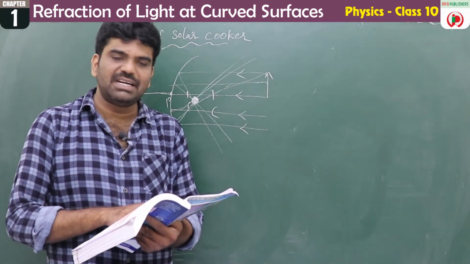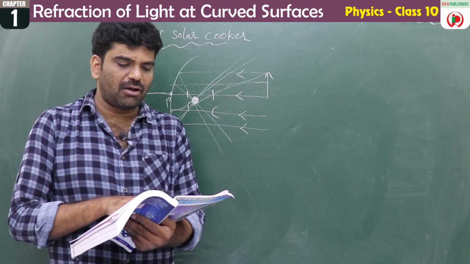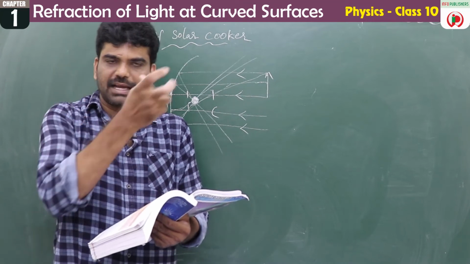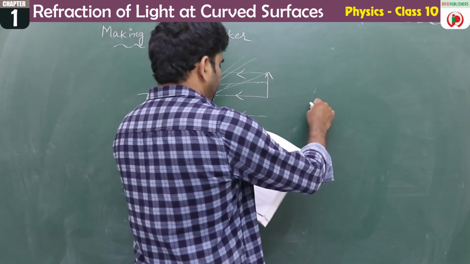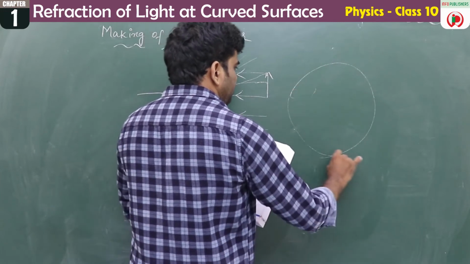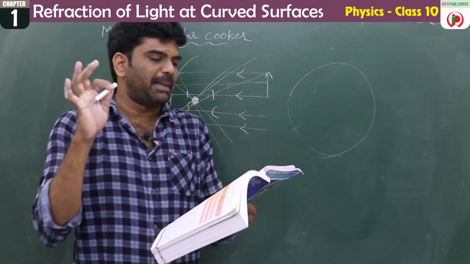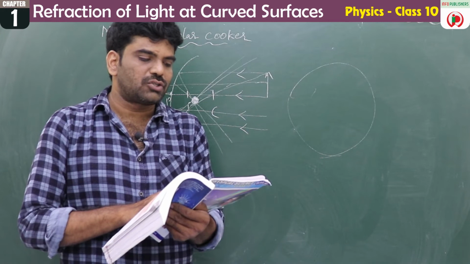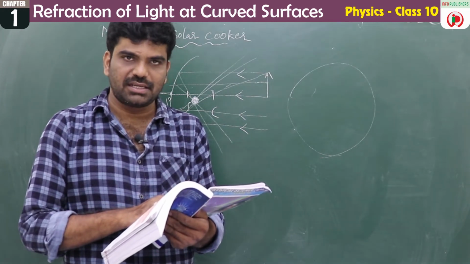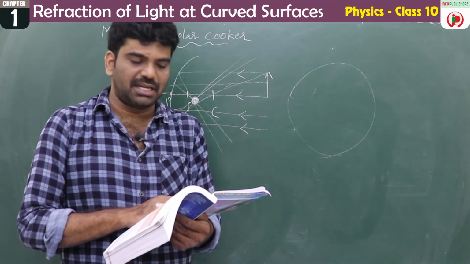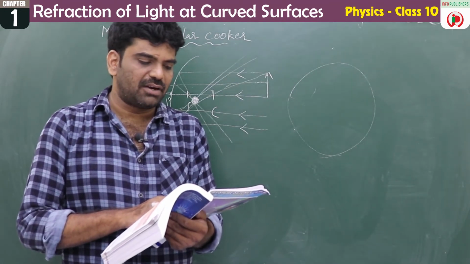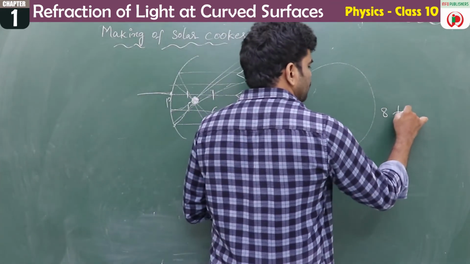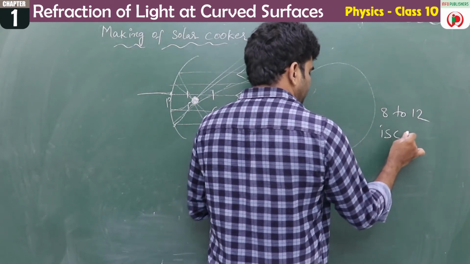You might have observed a TV dish antenna. Yes, children. Make a wooden or iron frame in the shape of a TV dish. You can do this in your home. Take an iron frame, and you can make a TV dish with that wooden or iron frame. Cut acrylic mirror sheets into 8 or 12 pieces in the shape of isosceles triangles. Isosceles means two sides are similar. Yes or no? Isosceles triangles with a height equal to the radius of your TV dish antenna. So you have to cut 8 to 12 sheets in the shape of, what is the shape here?